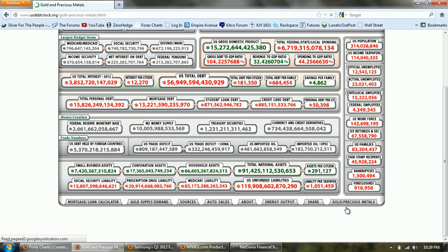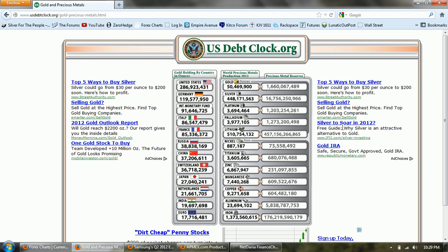precious metals one. So a couple of things I wanted to point out on this one. On the left here, there's gold holdings by country in ounces, which I don't think you can put much stock in. And then there's world precious metals production, and you can see that they're incrementing, and you can see the ratio there between gold and silver. So I don't know what these estimates are based upon, and I strongly doubt that these are accurate, but just as a point of